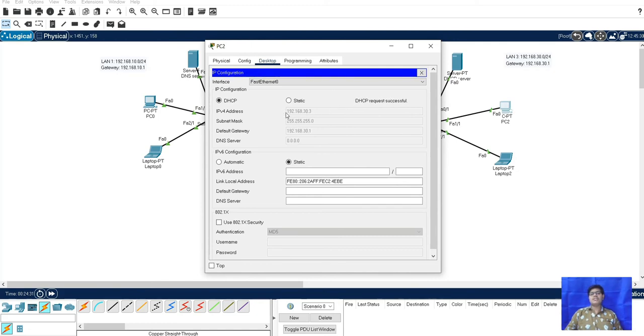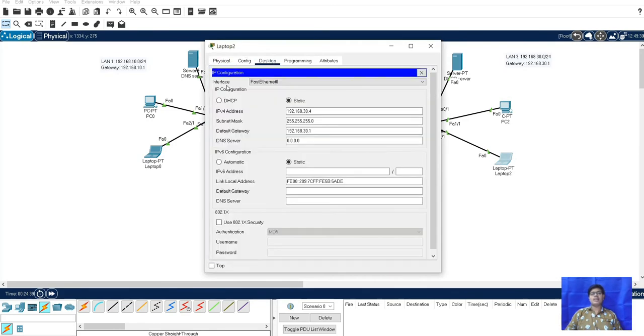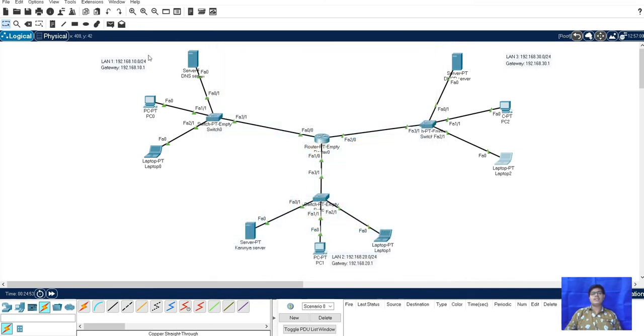That is, we got 192.168.30.3. So we will go to the next device, that is our laptop, and again if we change here the same, we will get the IP. It is requesting, see, we got the IP that is 192.168.30.4. Okay, so the work we are doing that is done.